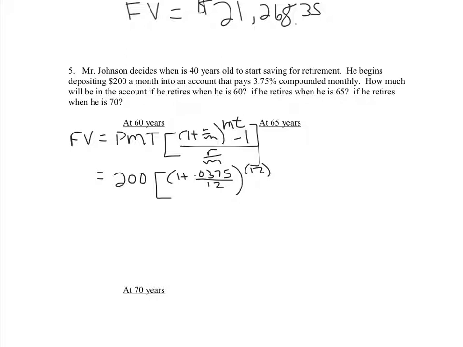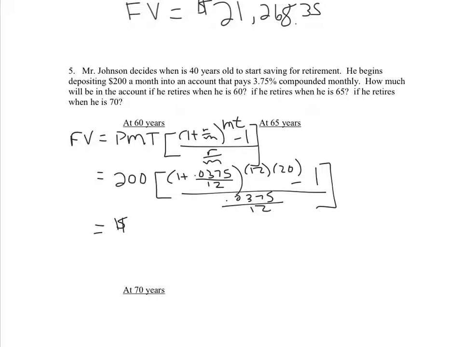Now, if he's 40 when he starts this, and he wants to retire at 60, how many years has his money been invested? Well, that's 20 years. And then all of that gets divided by 0.0375 over 12. Okay, if you calculate that,